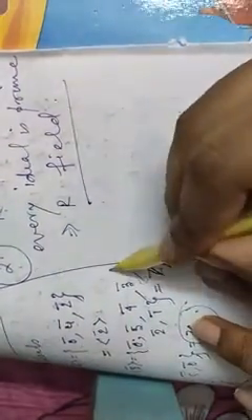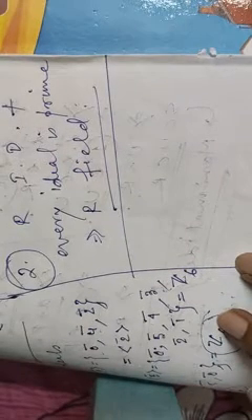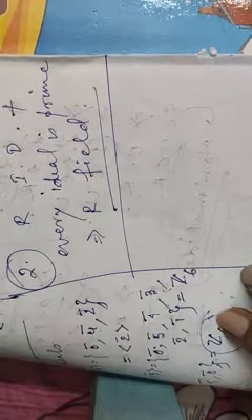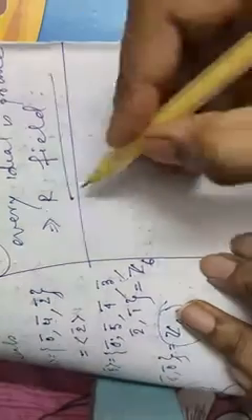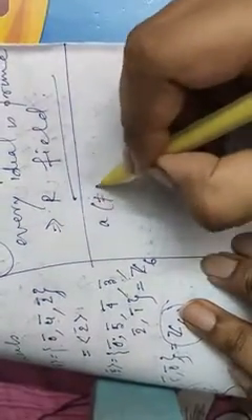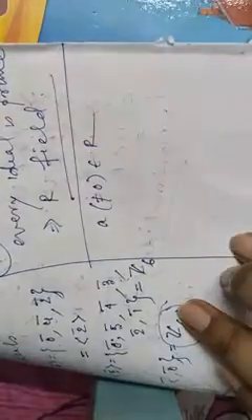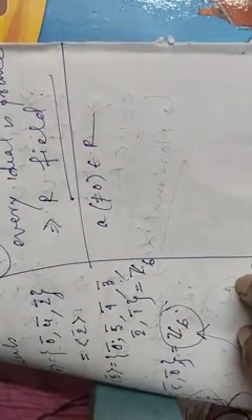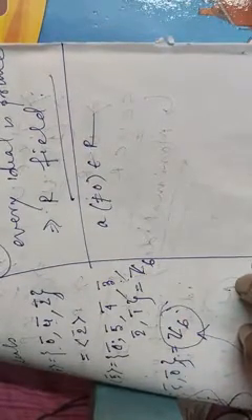So let's prove. Now what will we have to prove? To prove that R is a field, field means every non-zero element is a unit. That is, for every non-zero element it has a multiplicative inverse. We just need to prove that. So let's take one non-zero element. Let a, which is not equal to 0, belong to R. We will show that a is a unit. That means a has a multiplicative inverse. That is, a inverse exists.